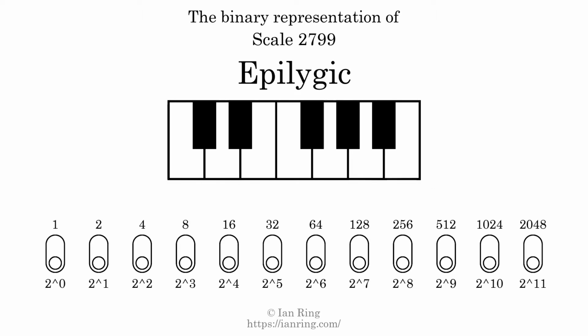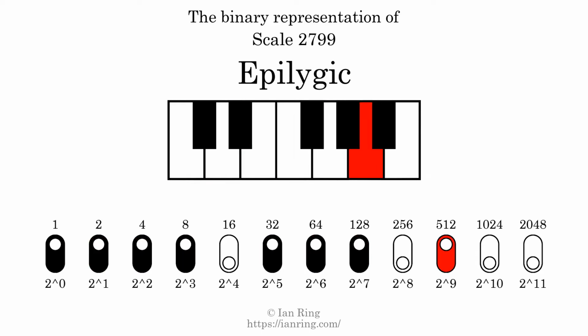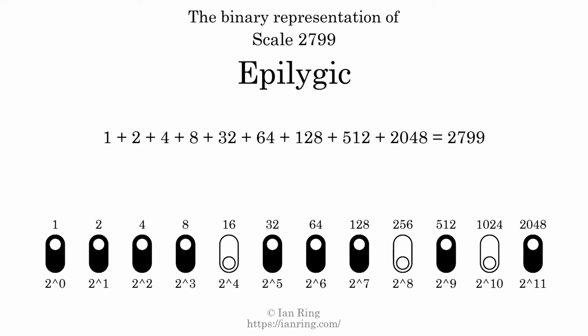The binary representation of this scale is determined by mapping tones of the scale to binary digits. Each binary digit represents a power of 2. To get the scale number, we add the powers of 2 together. The powers of 2 that are present in the scale, all added together, equals 2799. That is why the scale number, in decimal, is